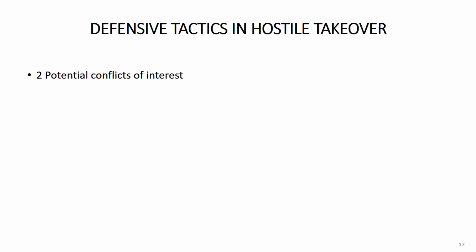Now we are going to cover the defensive tactics, right? So these are the defensive techniques. The golden parachute. This is the first defensive tactic, right? What is golden parachute? Golden parachute is like gold, right? Golden parachute means large compensation payments are made to the top management of the target company,